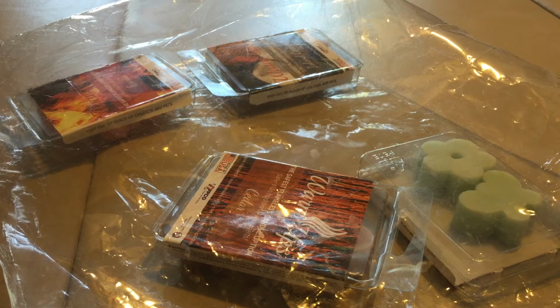I have not melted any of these in any hot plates. I do need to probably do that to see if I notice a difference. But I've been very, very happy with the performance in the bulb warmer. So I haven't really found it necessary to switch up the different types of warmers. That being said, my personal taste,